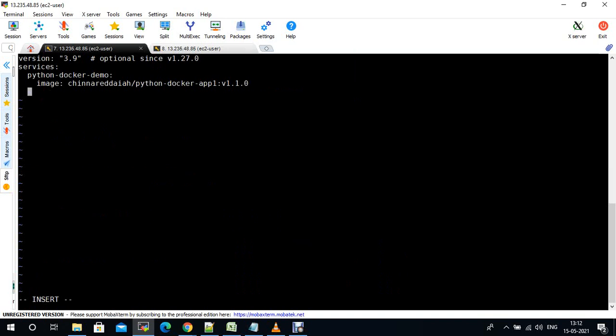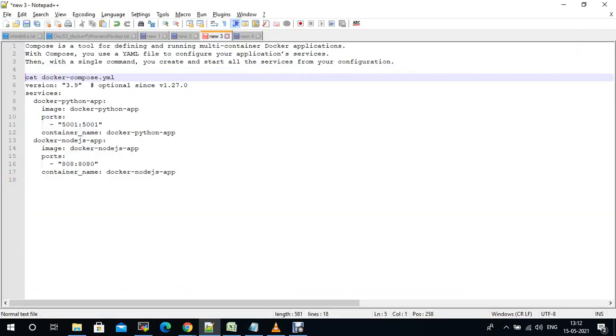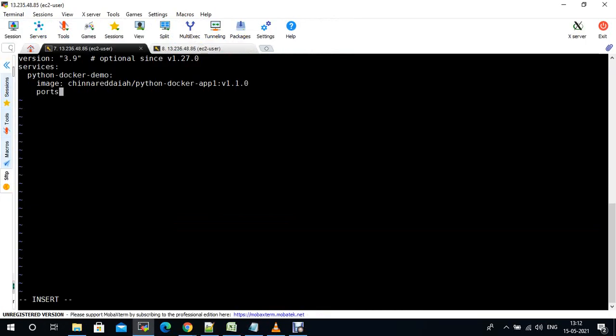Then you need to open the ports. Okay, you just need to provide the port. So my application is running on host port 5001, same container port.